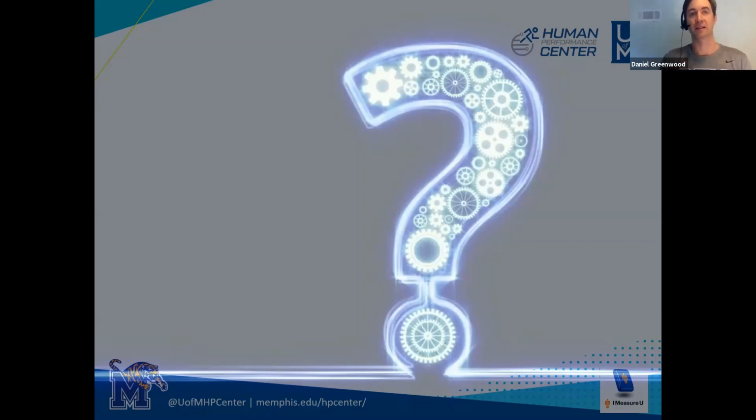So we got rid of the word intensity, and we got rid of some other phrases that we use because they became really grey words that didn't have a tangible thing that I can do with them. So in this context, step count and high intensity steps are things that I can understand, interpret and act upon. And so our job as scientists is to spend time with the coach, understand what they're trying to achieve, take that out, put it through our scientific terminology, then strip it back out and give it back to them in a way that's